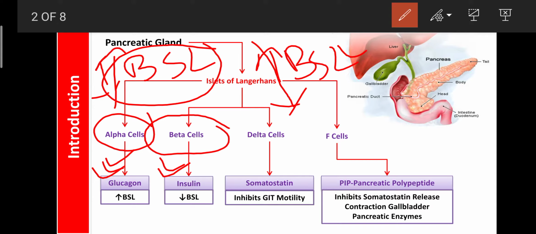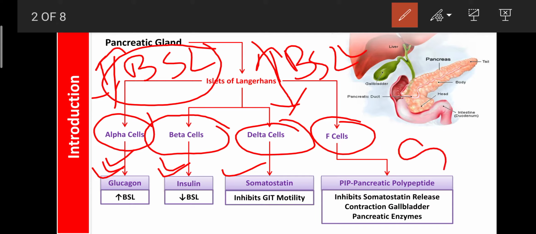Other cells are also present. The remaining 5% comprises delta cells and F cells. Delta cells secrete one hormone known as somatostatin. You are already familiar with somatostatin, because it is also known as an anti-growth hormone, but it does not cancel the functions of growth hormone. It cannot diminish the growth hormone activity, but it can oppose the beneficial effect of the growth hormone by inhibiting the